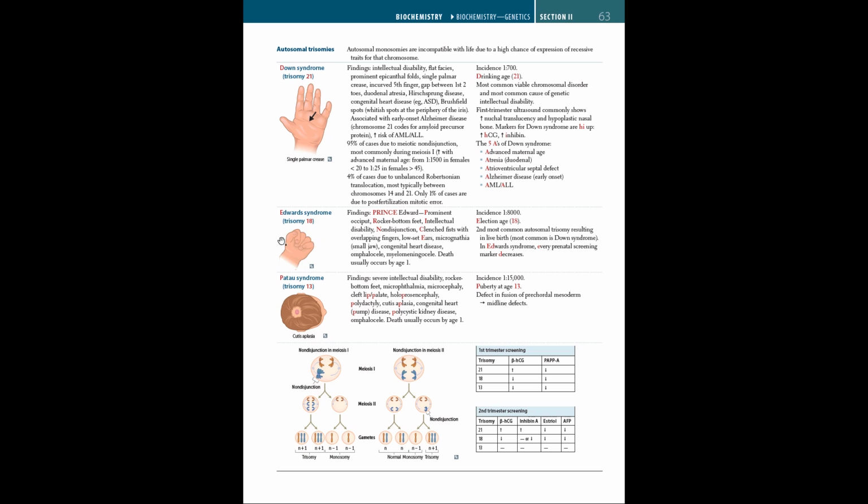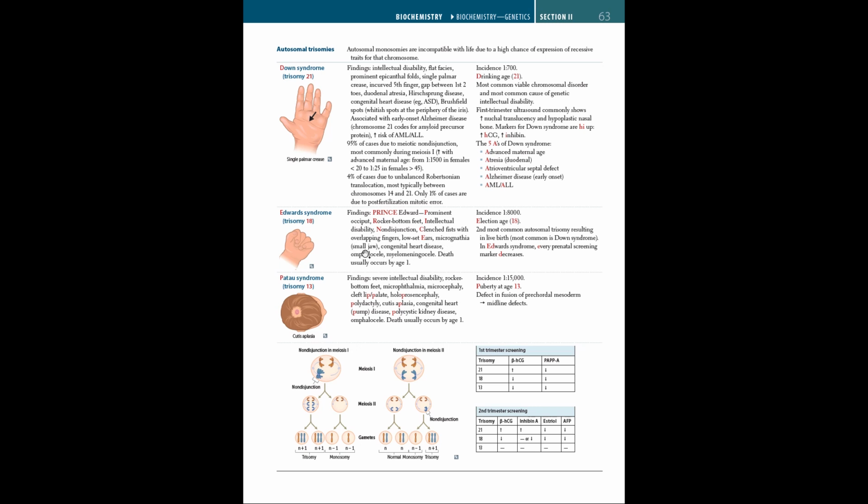Now let's move on to Edwards syndrome, or trisomy 18. And the findings are PRINCE Edward. PRINCE is a mnemonic for helping you remember all the findings. P for prominent occiput, R for rocker bottom feet, I for intellectual disability, N for non-disjunction, C for clenched fist with overlapping fingers, as you can see here, E for low set ears,